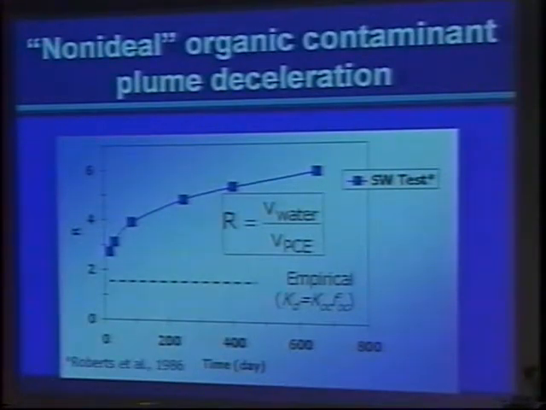Well, that concludes the first part of the talk, where we look at enhanced dispersivity and sort of plume scale heterogeneity. And what I want to do now is shift to the second part of the talk, where we're going to look at the variability of the retardation factor, the increase in the retardation factor of that original plume with time or distance of travel. And here's shown what happened. The retardation factor initially was cataloged at something below 2 and increased to close to 6 throughout the 2 years